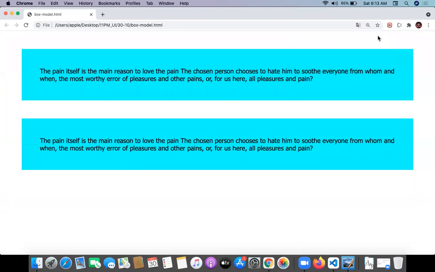Can you see that from the body some space is left on the right, on the bottom, and on the left? All sides some space is getting added. That is called a margin. Every side margin is added. Padding is inner space, margin is outer space. Try to understand that.